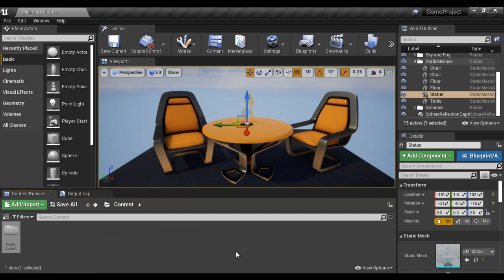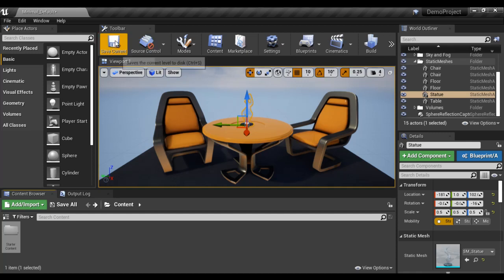I hope you guys have clearly understood. At the top we have the tab bar, which displays the currently open level and currently open project name. Just below the tab bar we have the menu bar. It has a list of menus with a set of commands which are used while working with the level editor. And then we have the viewport window. This is a place where we design or construct our levels.